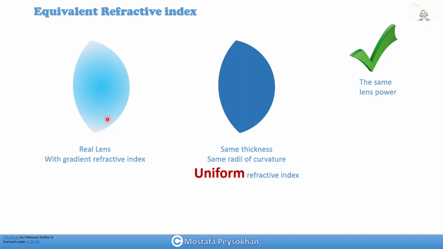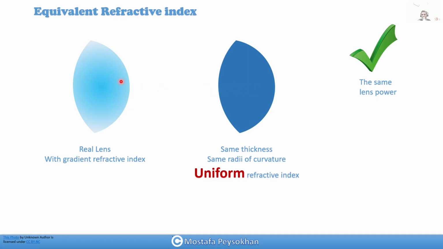So the real lens refractive index is like this. At the center, we have higher refractive index, and when you go to the edges, the refractive index decreases. So right now, let's say we want to simplify this optical model for ourselves. We can have an imaginary equivalent refractive index for the lens, for the whole lens geometry that has the same